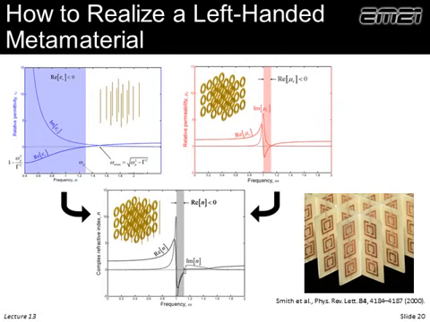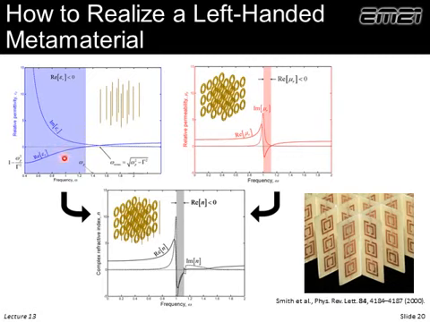So it's a neat story how to realize a left-handed metamaterial. We know that we want a negative mu and negative epsilon, even though I just said there's some other conditions, but let's say we want a negative permittivity and a negative permeability. Well, we know how to get a negative permittivity. In fact, that was known for a long time. We can have a wire array. We get an artificial plasma frequency, and we get a very broad range of negative epsilons.